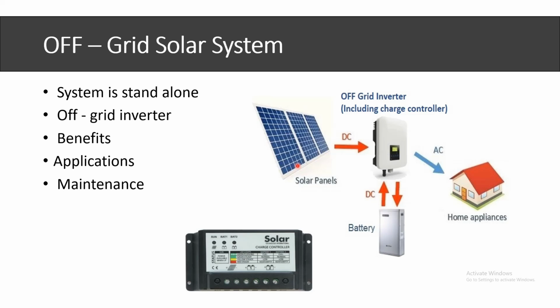Okay, so this off-grid inverter basically includes a charge controller for the batteries to charge the batteries safely and at a very good rate. So they have a charge controller, which is built into the inverter. Basically you charge the battery with solar energy, and then later in the day or the next day or whenever you want, you can use this power from the battery, convert it into AC by the inverter, and feed it to your load. So what are the benefits of this particular system?